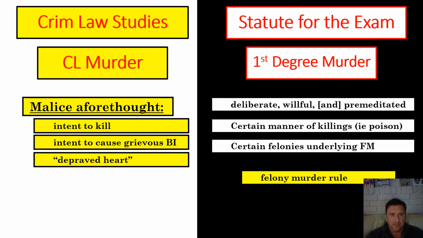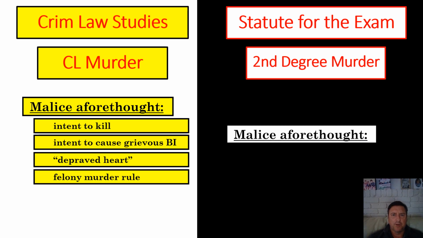So I draw upon not only malice aforethought because it forms the baseline, these are still crimes committed with malice aforethought, but there's some additives. There's the deliberate, willful, premeditated, there's certain manners of killing, there's certain underlying felonies that add on top of my felony murder statute. So my choice for my statute, particularly murder one, draws upon my understanding of common law murder, draws upon my understanding of the term of art of malice aforethought that helps define common law murder. Why do you have to know it? Because everything about our understanding of murder and common law murder translates into how I craft my statute, particularly my first degree murder statute.